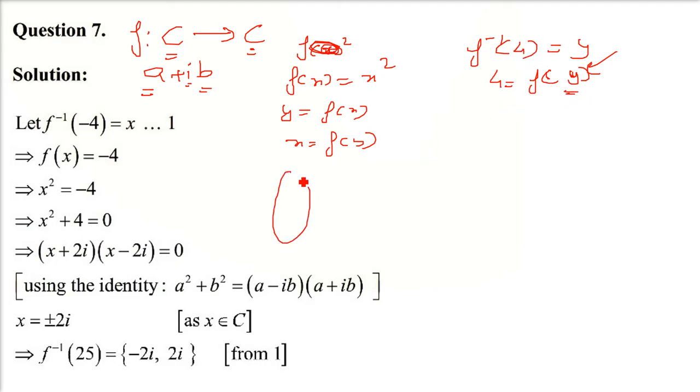Same thing, that is if we map from x to y, that will be the direct function. And when we take the inverse mapping, that is going to be the inverse function. So it will be from y to x, not from x to y. That is why I'm using y. I'll do the next question with x. Don't worry about that.